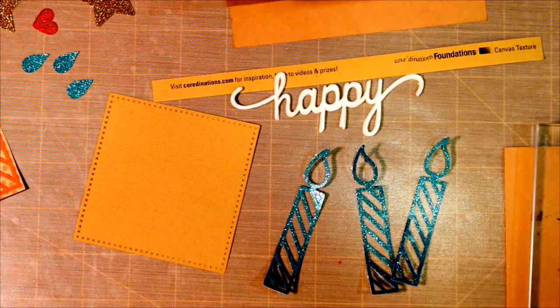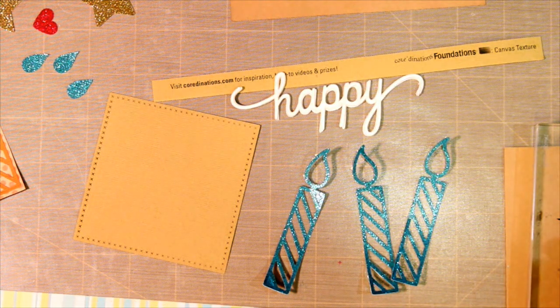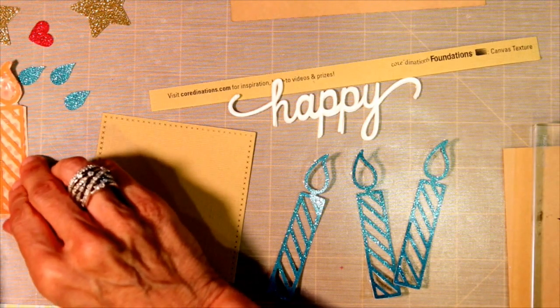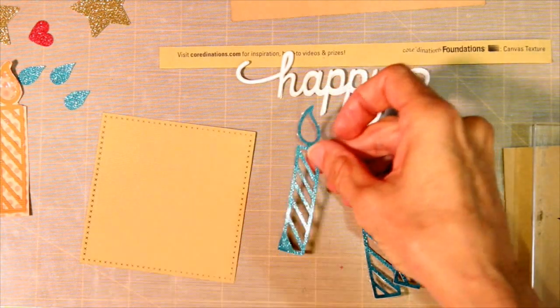Hi, it's Nancy here. So I've got my Silhouette out tonight. I need to make a bunch of birthday cards. I have a bunch of March birthdays coming up, and I had these little candles that I had purchased from